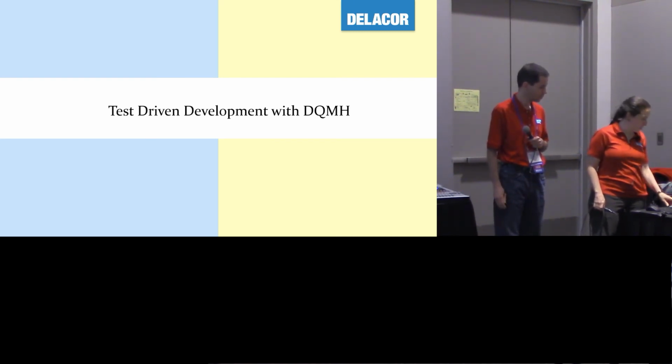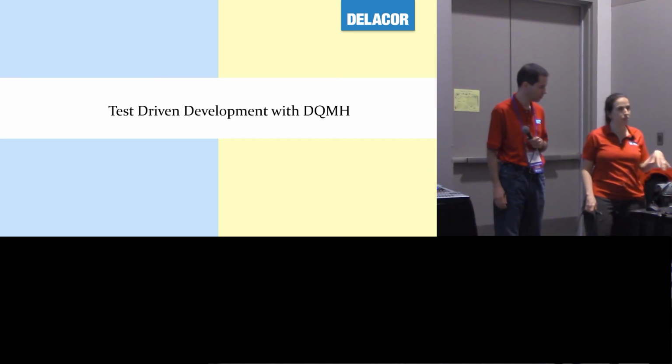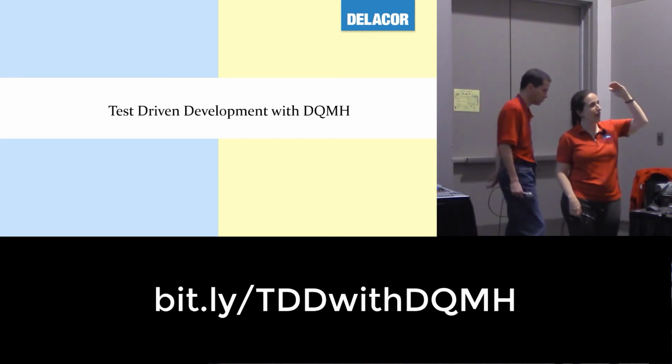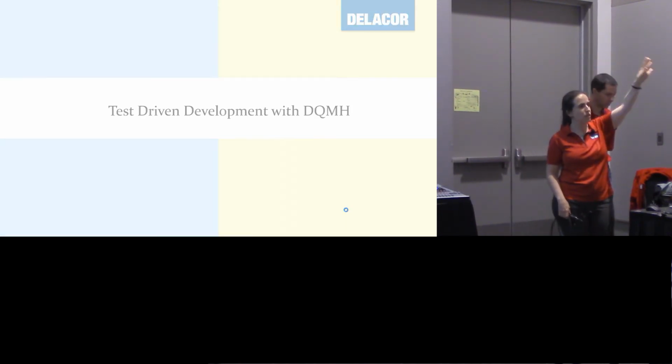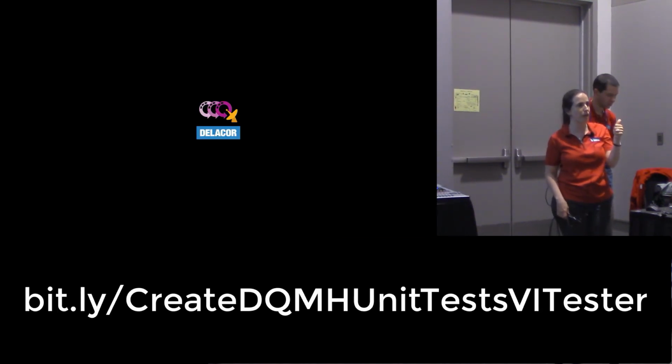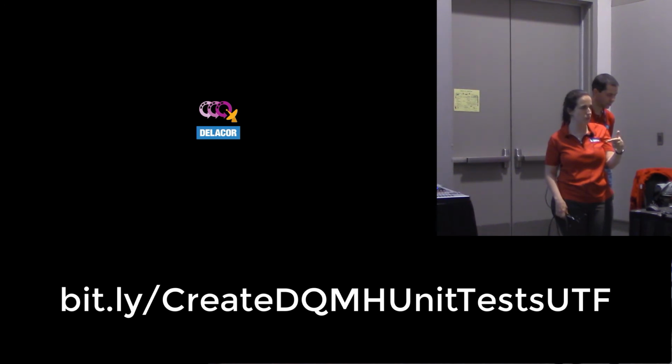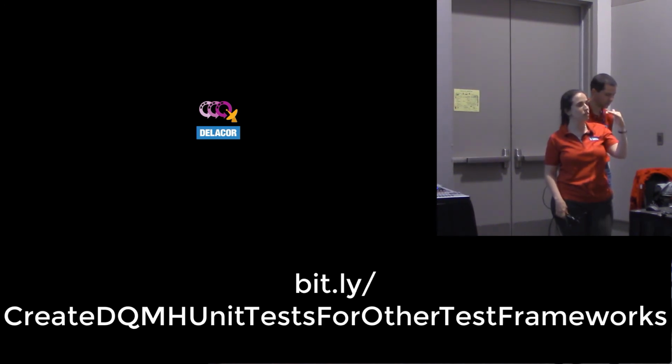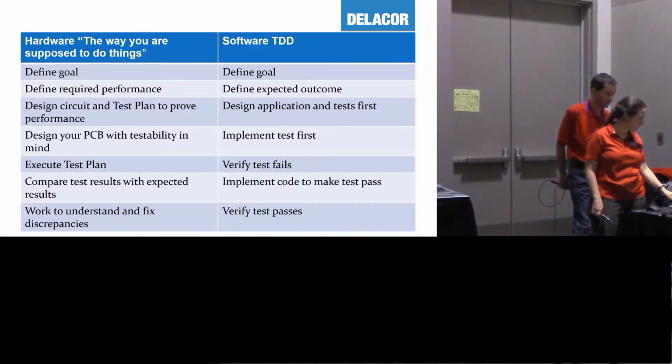All right, so for test-driven development with DQMH, what I suggest is you go to the documentation, and I have, as usual, videos, and again, you can slow them down. There's a video on how to create unit tests. You just go to Tools, Data Core, DQMH, add a new unit test. And there are 3 videos. There's one on how to do it with JKI's VI Tester, one on how to do it with the Unit Test Framework, and one for a custom one. And then there's an 8-minute tutorial on how you would do test-driven development if you are using DQMH. It will guide you through a whole implementation of one thing. So I'm going to skip that unless we have time at the end, which I don't think we're going to have.